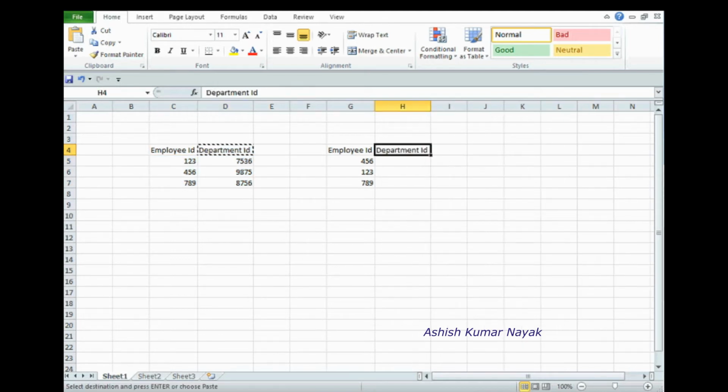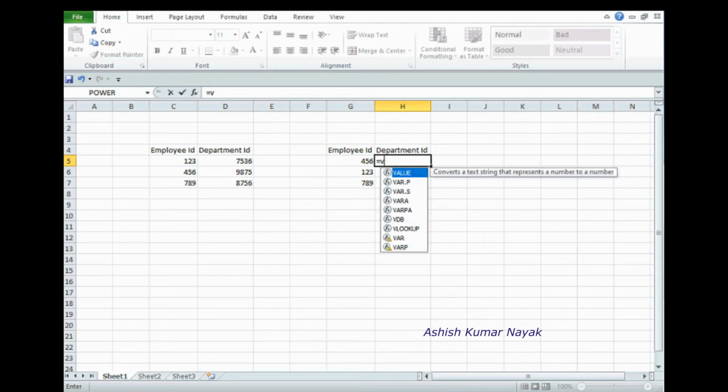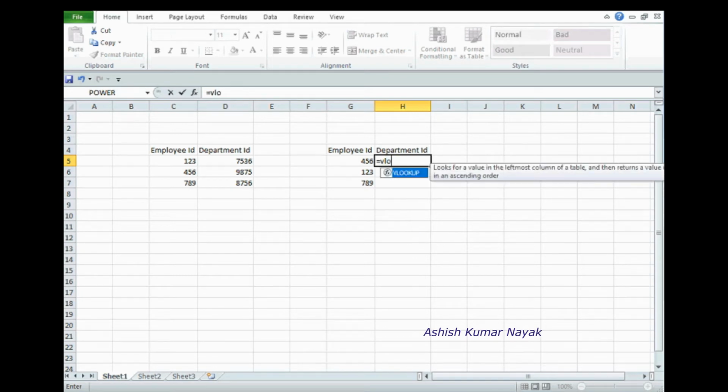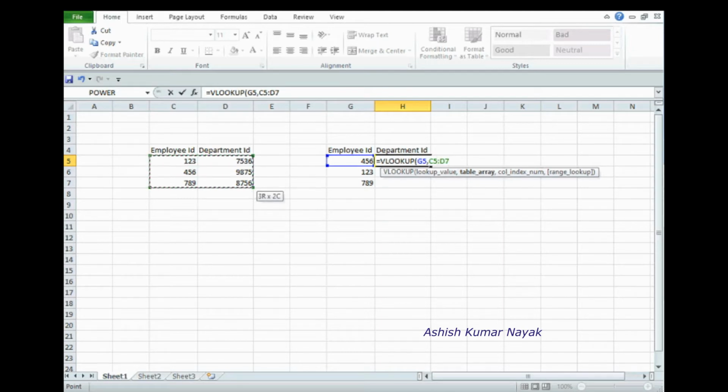So in the VLOOKUP, how we write is equal to VLO, then it is showing VLOOKUP. Double click on this, then lookup value means we have to search this 4 5 6, then type a comma, then select the first table.